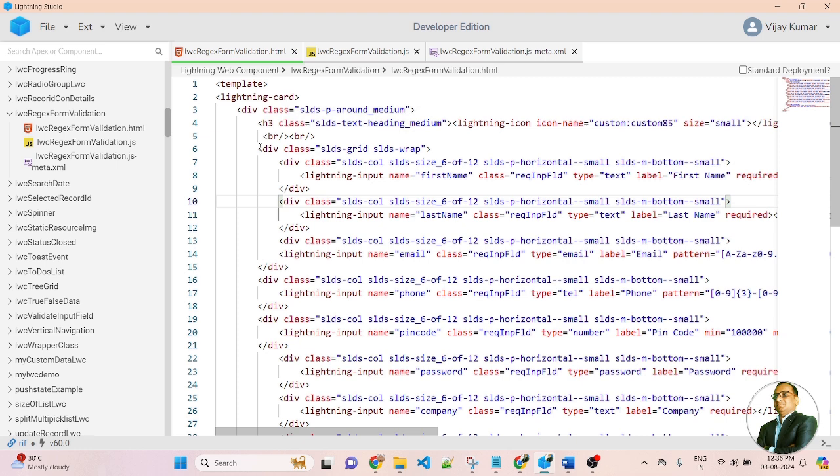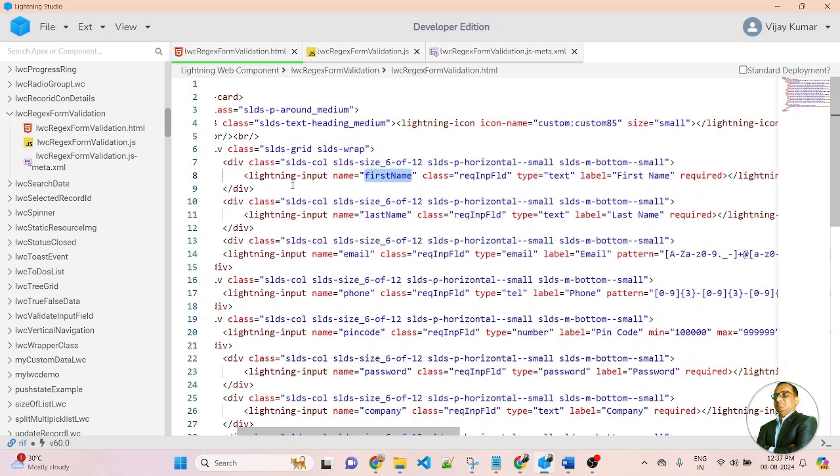After the h3, I am creating another div and adding the classes slds-grid and slds-wrap. So friends, here I will use the SLDS grid system. Inside the wrap div, I am creating another div, and inside that div I am adding a Lightning input field. So friends, here you can see the first Lightning input field is first name.